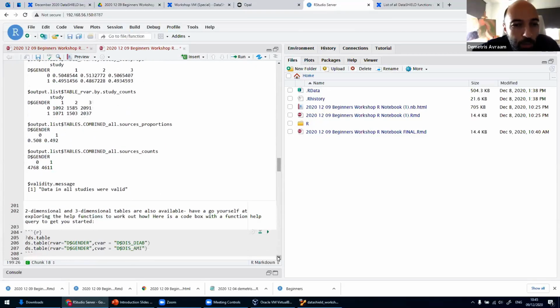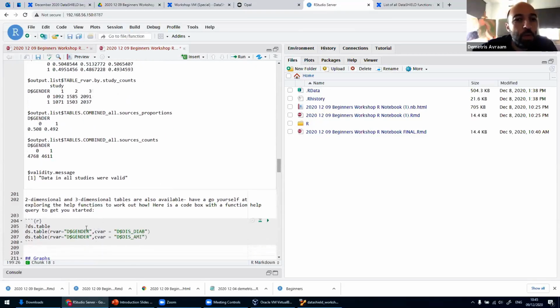for two categorical variables. So for example, here we want to see how many individuals have diabetes and how many of those are males and how many of those are females. So if we run the first row here,